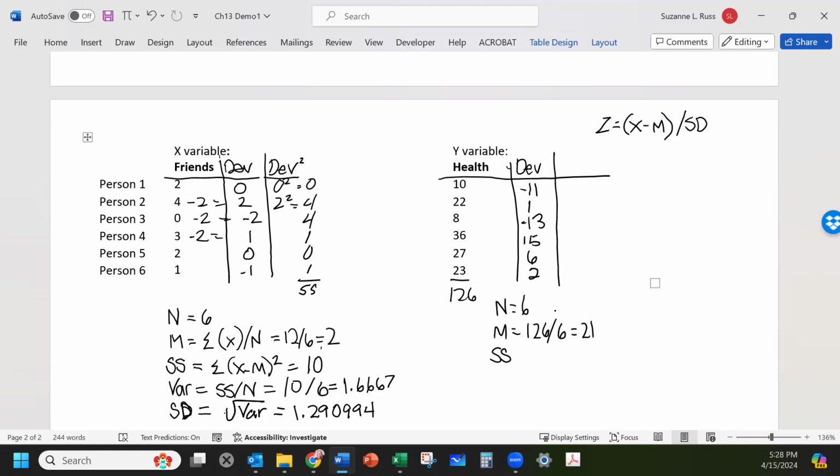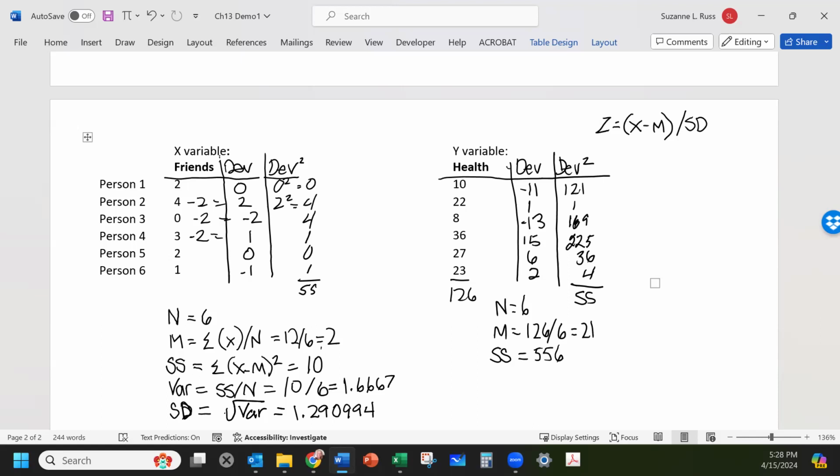So we square them. And in this case, negative 11 squared is 121. 1 squared is 1. Negative 13 squared is 169. 15 squared is 225. 6 squared is 36. And 2 squared is 4. If we sum all of these up, we get our sum of squares, and that equals a total of